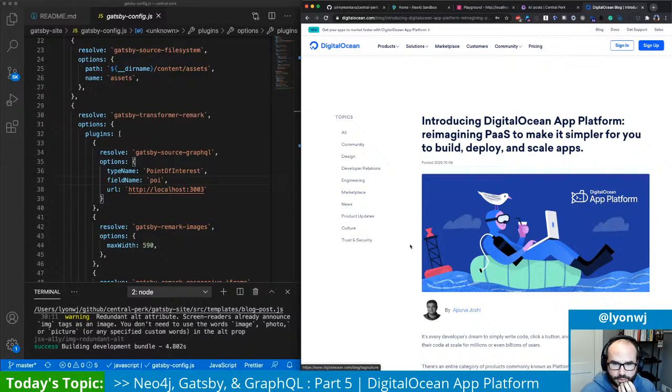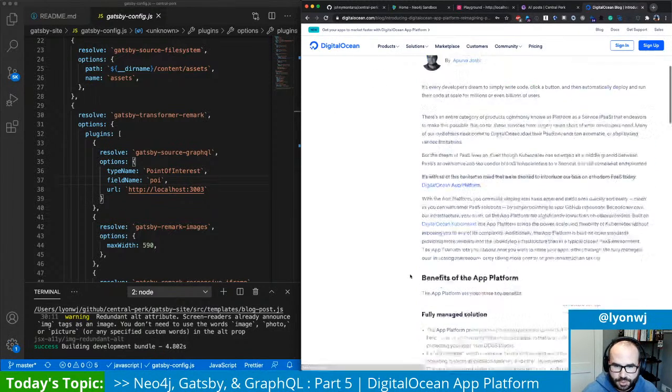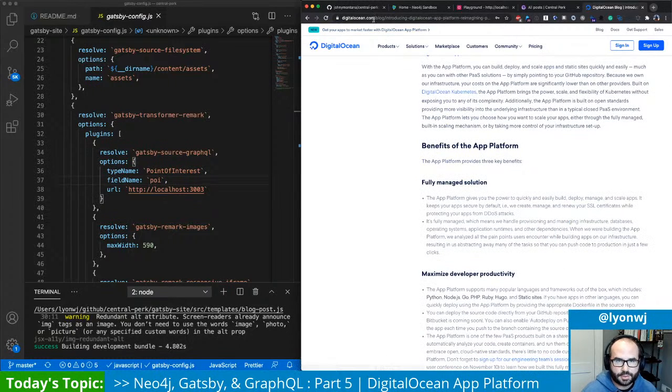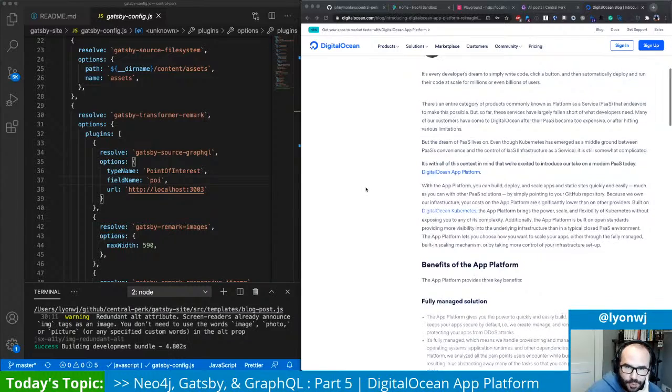And what we want to do is deploy this somewhere so that it's accessible from some domain. So we're going to take a look at this new DigitalOcean App Platform, which if we look at the announcement blog post, let me link the announcement blog post in the chat there. Basically, what this